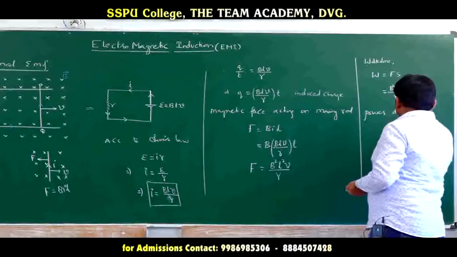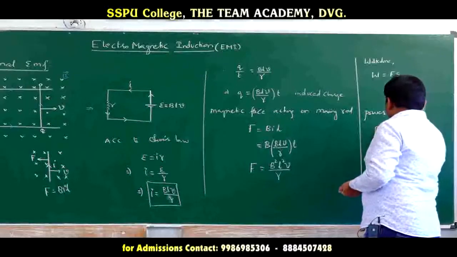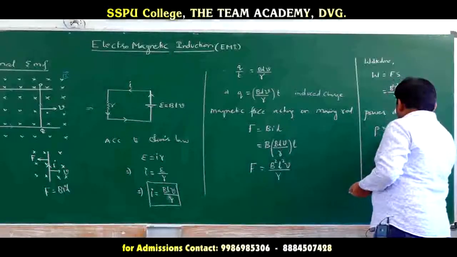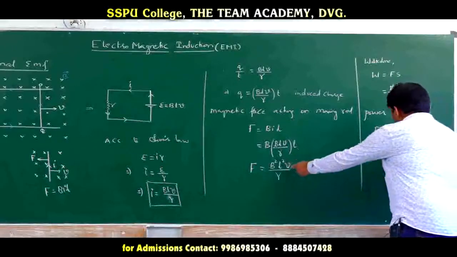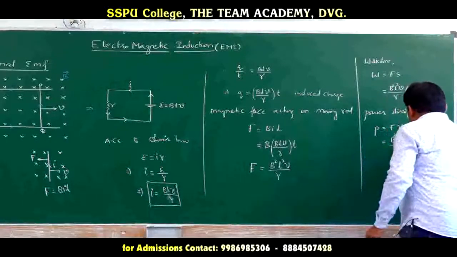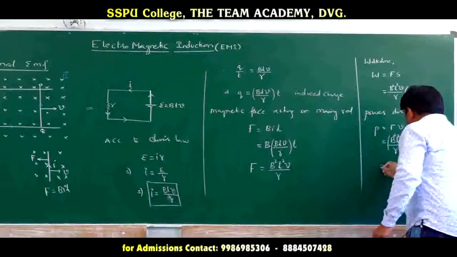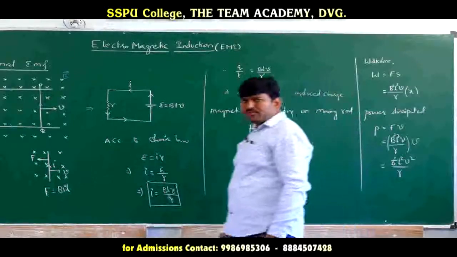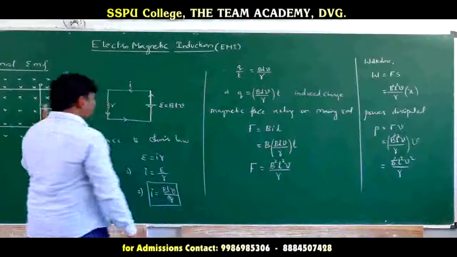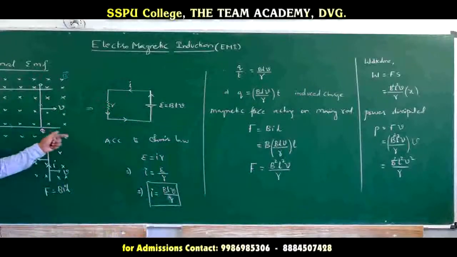Power dissipated, power is equal to force into velocity, that is nothing but B square, force is B square L square V divided by R, into V. So finally power dissipated is B square L square V square divided by R. This is the amount of power that is dissipated when the rod is moved like this with velocity V against